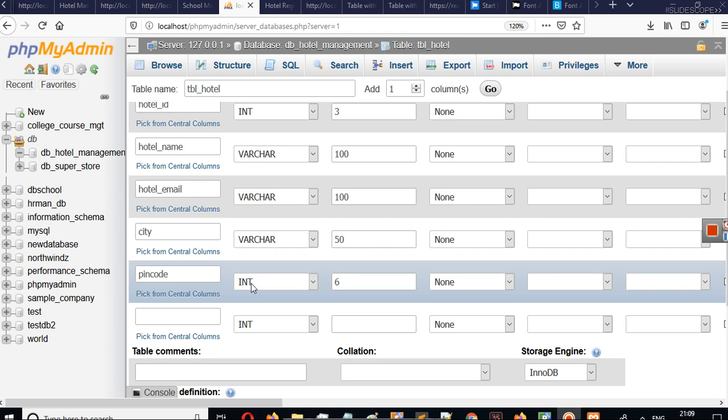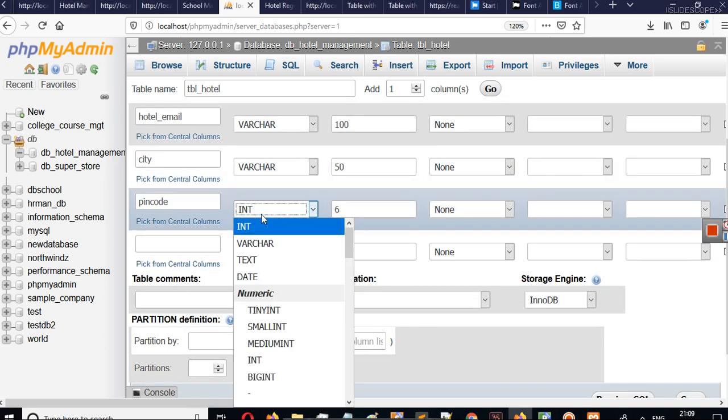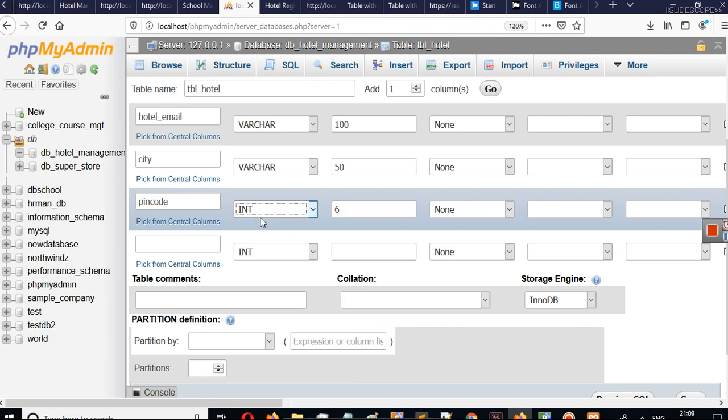This is just an example of why we set these lengths here. We cannot have any pin code of 5 characters or 3 characters. So there's a fixed length and it will be of integer data type. Here we can use char also, but I will use int here.